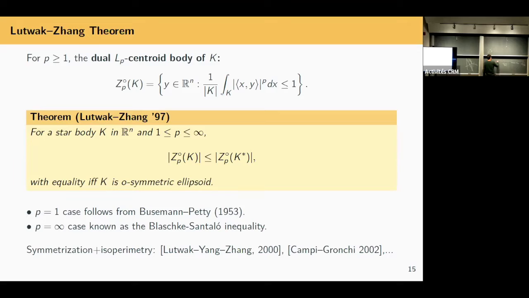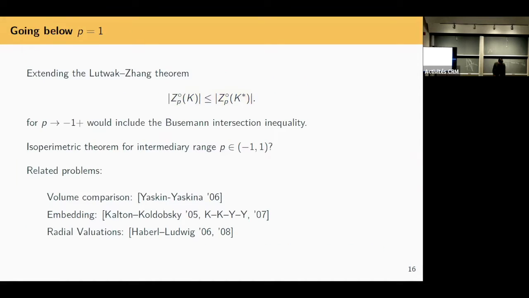I already explained how you can keep going to -1. Here you see the Busemann intersection inequality, about slices to a power n averaged on the circle. And then the question is, what happens in the middle range here? The -1 case is a known extremal inequality maximized on balls. For every value of p bigger than or equal to 1, it is a known inequality extremized on balls. There's a gap in this interval. So that is the one I want to address.